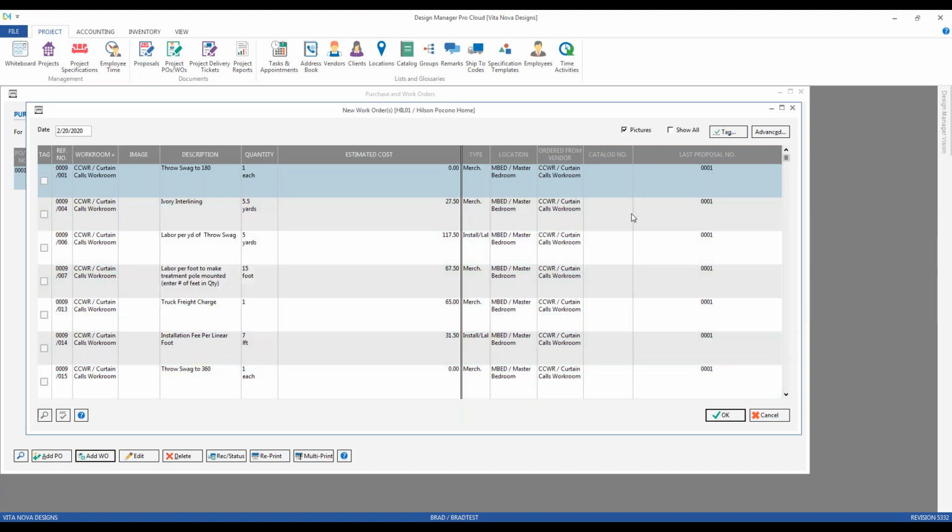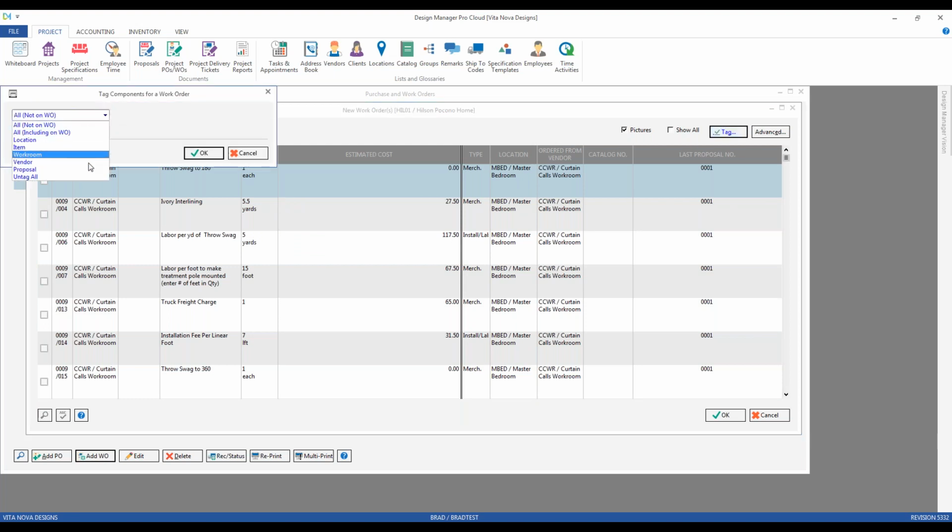And now I'm back to having everything unselected. And as you can see, we have a lot of other options in here. Certainly tagging all the components for a particular workroom could be convenient for a proposal if the treatment's the only item on a proposal. Or since we do need to create each work order individually, selecting by item can be